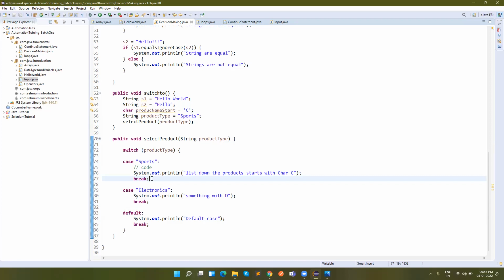I think as soon as this condition is satisfied, we'll break and will not verify the other conditions. Okay, that is true. But what will happen if you don't write the break over here?